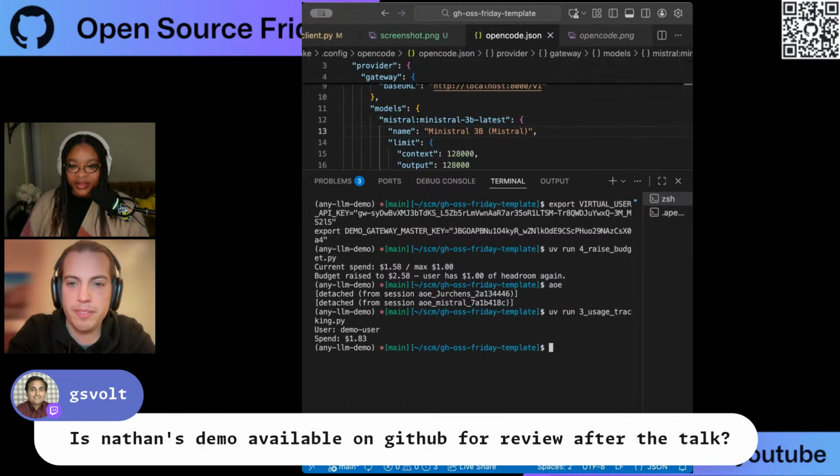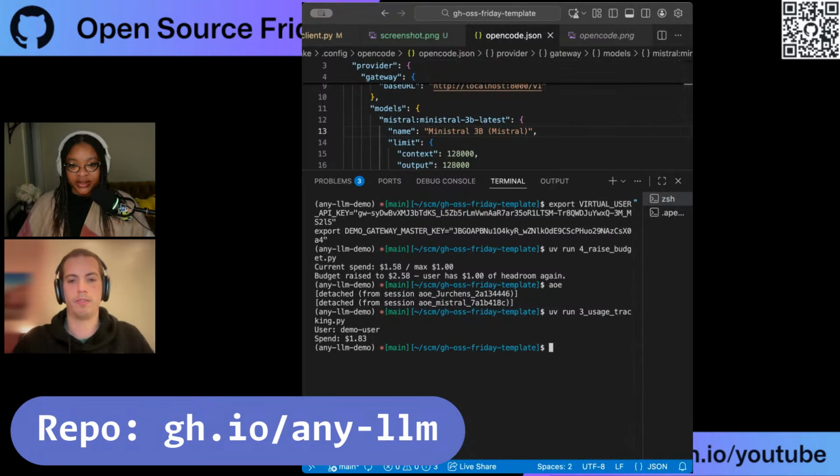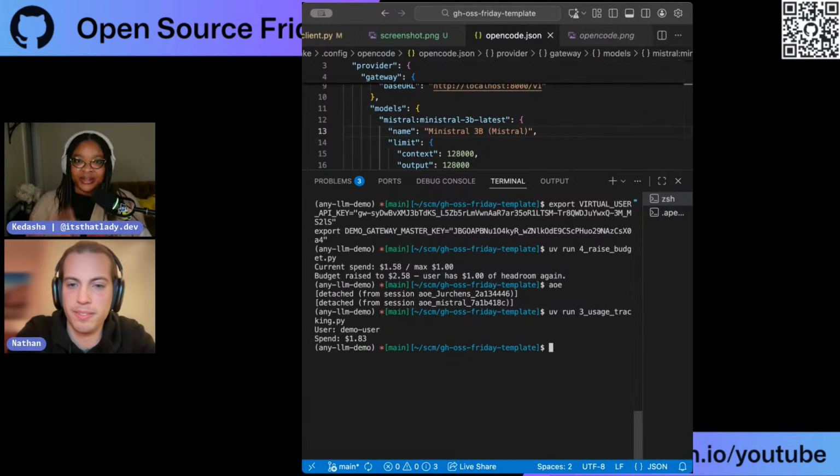Okay, so is your demo available on GitHub? Oh yeah, sure. We have it private in the Mozilla AI repo right now, but there's no problem with pushing it public. And you can go to gh.io/any-llm to go to the any LLM repo and give it a go yourself, and possibly use your own local LLM on your machine, because as long as you have like 24 or 32 gigs, it's enough to get things going.